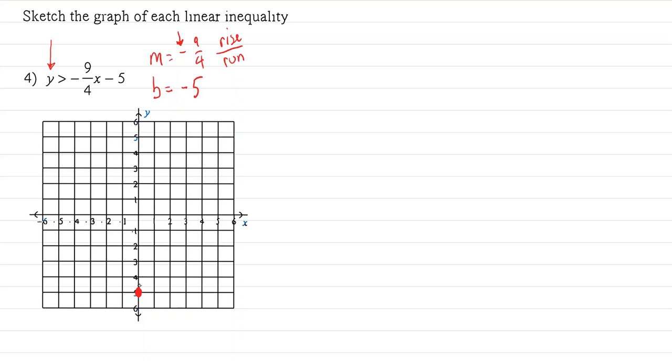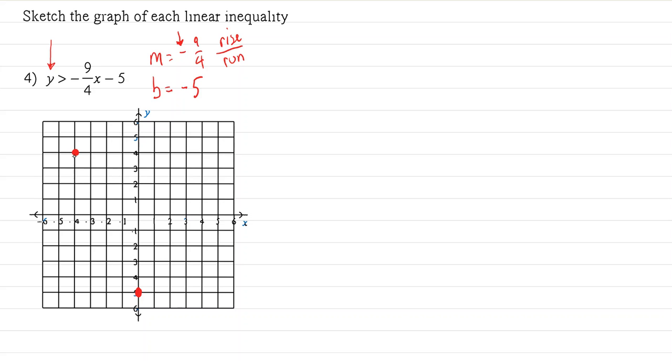So we come down and we count 9 units up. 1, 2, 3, 4, 5, 6, 7, 8, 9. And now we're going to go 4 units to the left. 1, 2, 3, 4, and right here would be our second dot. Well, that's sufficient. All we have to do now is to take our trusty ruler, connect the 2 dots, and